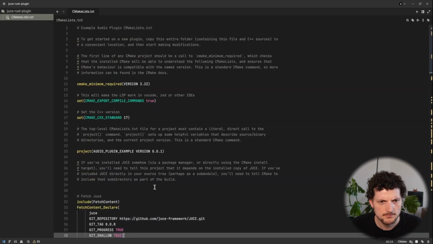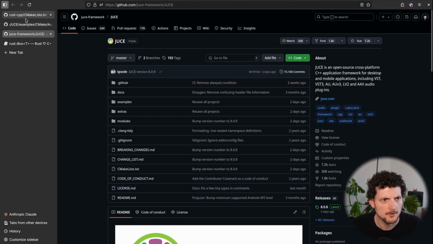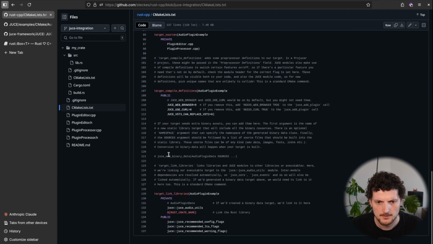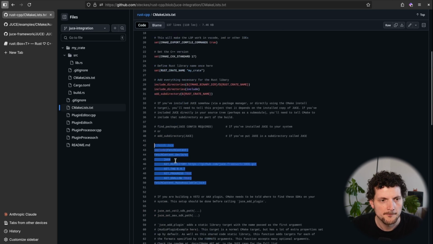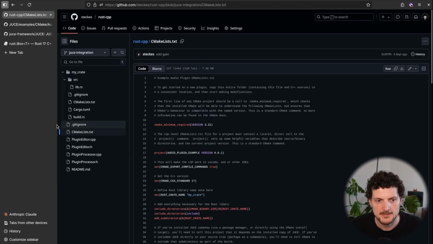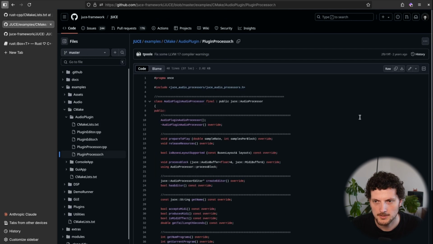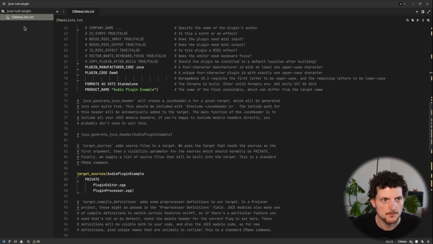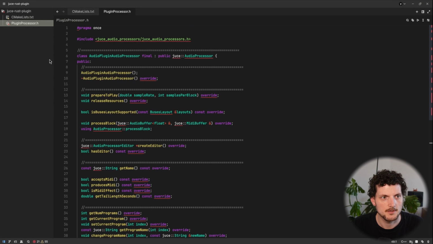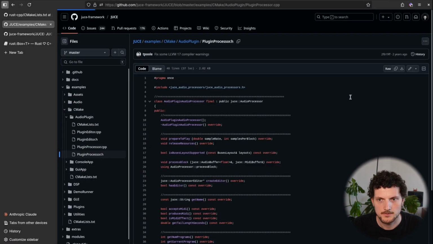Anything else to do in the CMake file? I don't know. Let's go through my example here. No, that looks fine. And then we have to add our plugin editor stuff. We just added from here. So plugin processor. Let's copy this. Plugin processor.h, then the CPP,